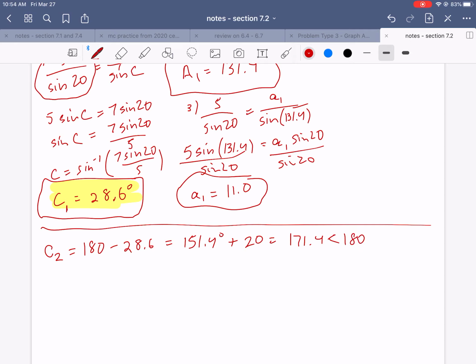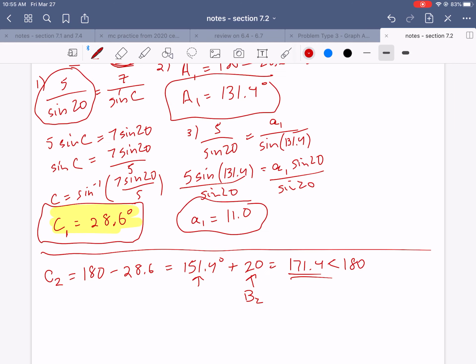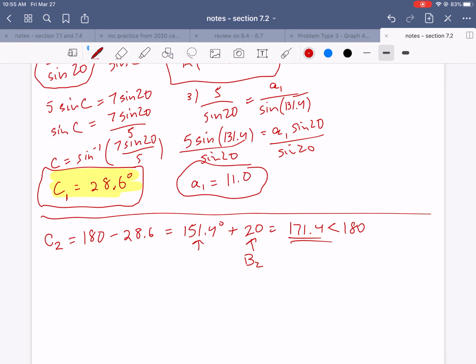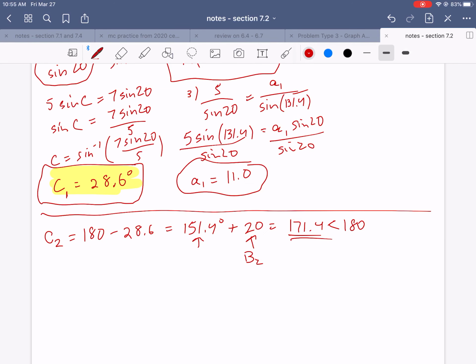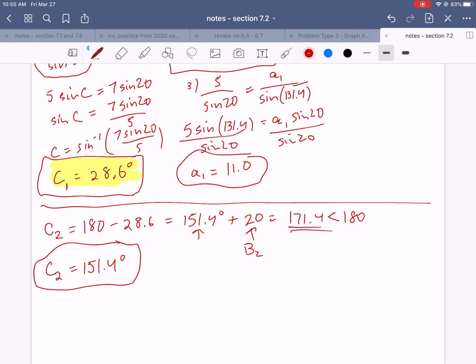And so because this number right here, by taking this C2 and adding it to my B sub 2, which was given in the problem right here, because I got a number that was less than 180, that means there is going to be a second triangle, and C sub 2 is going to equal that 151.4 degrees. Okay, and so since there is a second triangle, that means I can solve for the remainder of